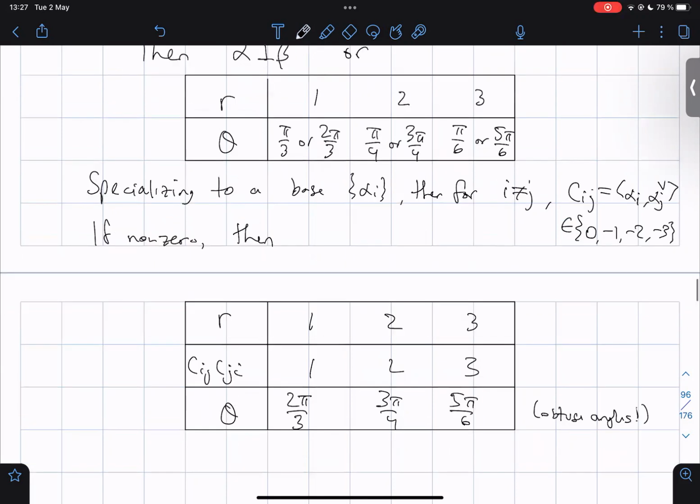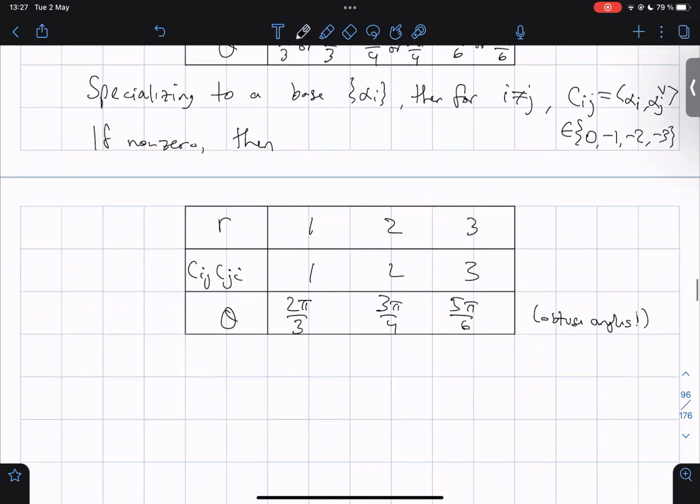Okay, again, this is very short, so let's start with the general case. So suppose these are not perpendicular. So the angle